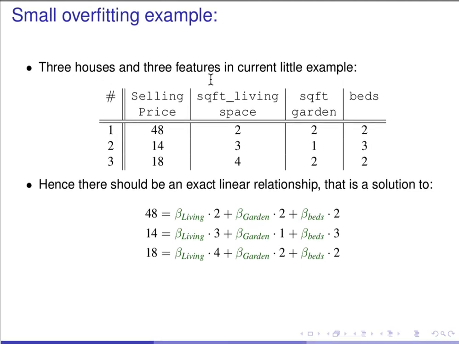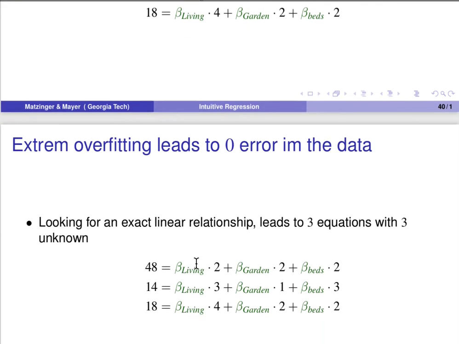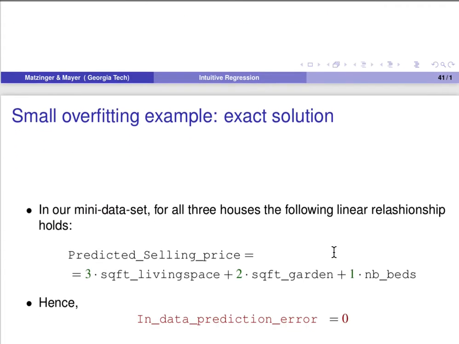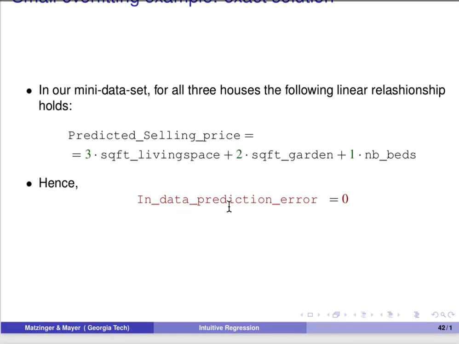We have 3 houses and 3 features. If I want to predict this perfectly, exactly, I have 3 equations with 3 parameters. Usually, n parameters in n equations can be solved in a unique way, leading to 0 error. So that's an extreme overfit with 0 error in the data set. Here in this case, beta living is 3, beta garden is 2, and beta is 1. So the prediction error in the data is 0, but that does not correspond to the reality of predicting future